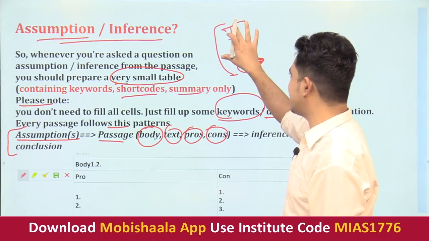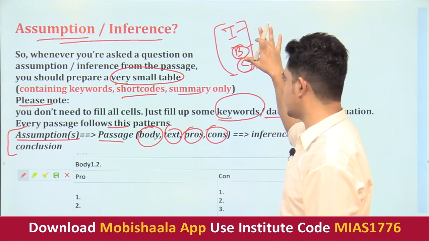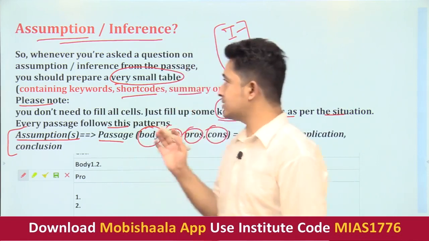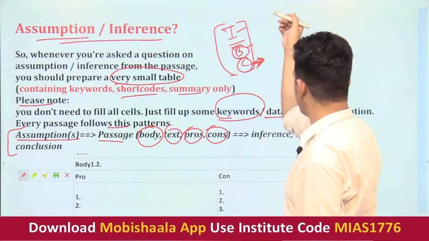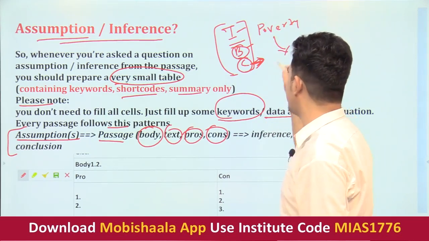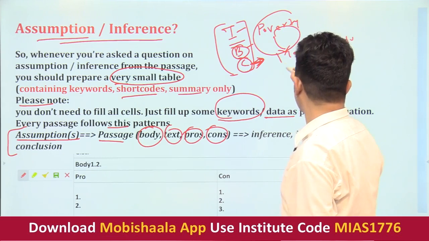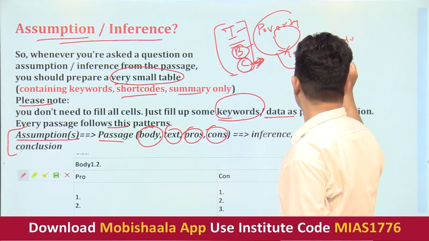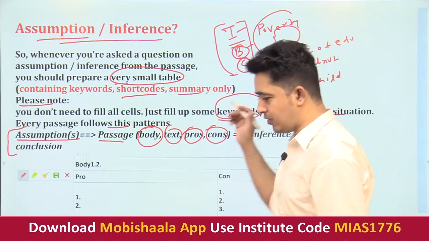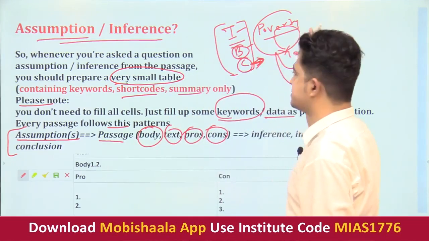So you have to keep in mind IBC, which means intro, body and conclusion, so that you keep in mind what the passage is talking about. Once you read the body portion, you have to understand what we have discussed in the intro portion, because sometimes the author is talking about poverty and goes into the reasons behind poverty, like lack of education, and then they talk about malnutrition, and then about child stunting. So the author is interlinking lots of topics. We have to understand that poverty is not the main subject here, right?